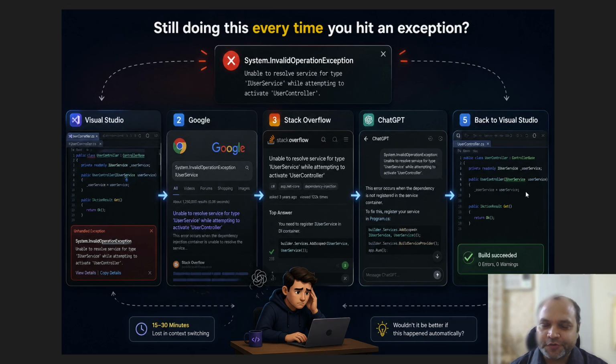Errors are a part of software development. As a developer, you face errors, whether a runtime error or a build time error. And if you don't know the solution, what will you probably do? Are you still following this procedure to research the error and then figure out the cause? You search on the internet, Google, Stack Overflow, ChatGPT, GitHub, Microsoft blogs, or